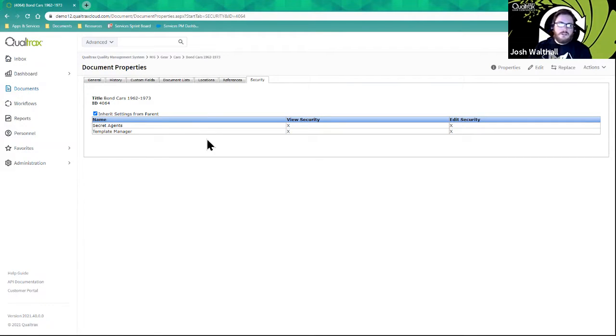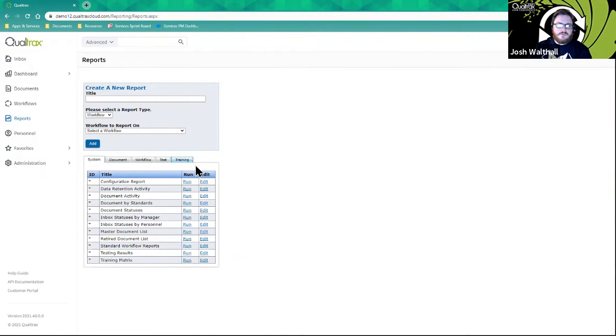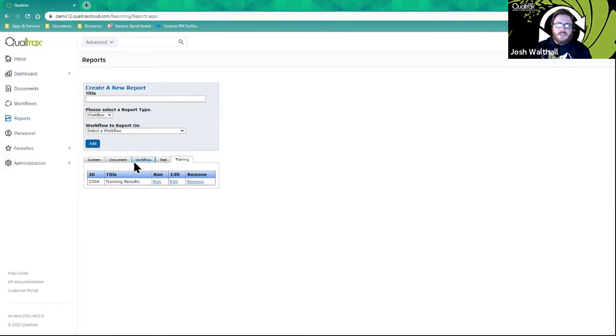Usually it's more convenient, but just know that you can also modify this at the document level. You can also configure security for reports. So if I click on reports, you can see we've got the different tabs for the different types of reports. System are those that are loaded in there by default. Then you have document, workflow, test, and training, and these house the different custom reports that you create for those